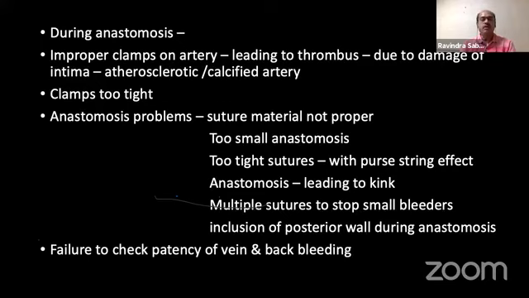Similarly, the intimal damage can be more, especially if it is a very atherosclerotic artery, a calcified artery, then that calcification can break and that can cause thrombus formation. So you have to palpate how the artery is, where the relatively supple area is, and there you put the clamp. Some people don't even put a clamp, you just put a sling. Just take one more curve of the sling, and then you just gently give pressure that is sufficient enough for you to occlude the blood supply, and then do the anastomosis. Too tight a clamp is not proper, that can cause failure.